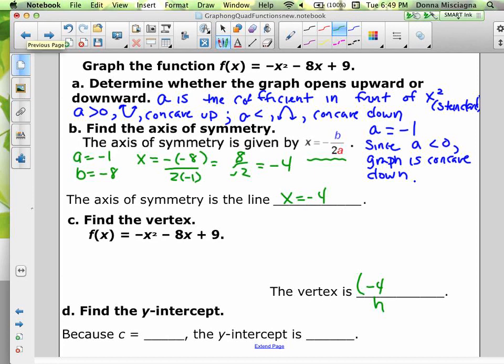All right, so the x-coordinate of the vertex, or the h, is the same as the axis of symmetry. So that gives us both, right? Because it's a vertical line, and so x equals a constant, that tells us the x-coordinate of our vertical line, where it crosses the x-axis. So that's the x-coordinate of our vertex. To find the y-coordinate,